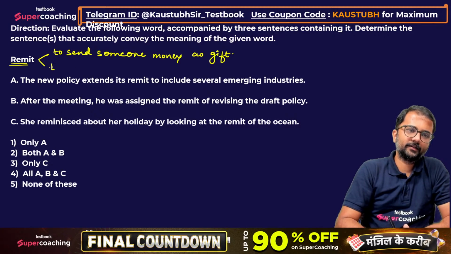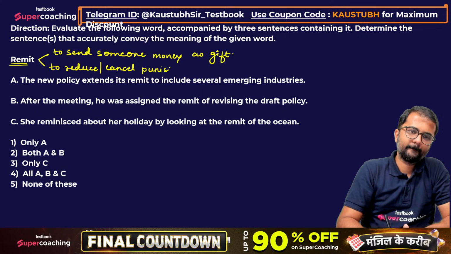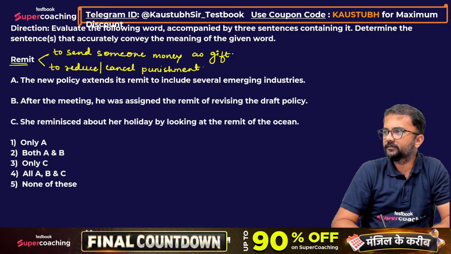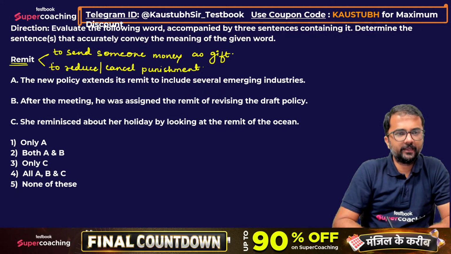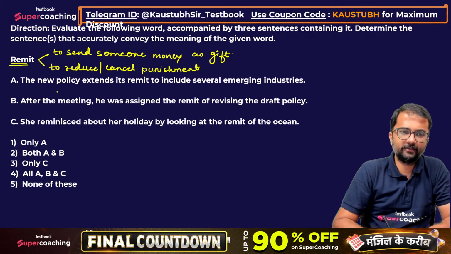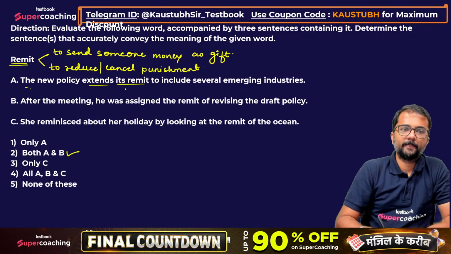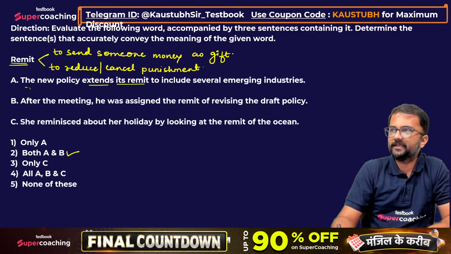And then to reduce or cancel punishment, एक्स्ट्रा की जो पनिशमेंट है उसको कम करना। ओके, सो if we look at the two options, then I think A and B should be the right answer because a new policy extends its remit. Now remit को noun की तरह यूज किया है, remit को noun की तरह यूज कर सकते हैं।